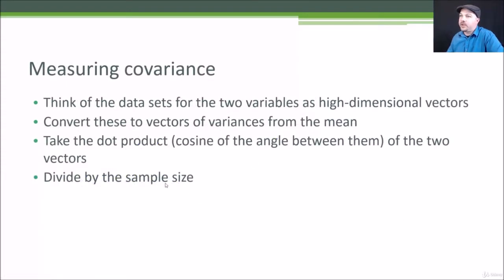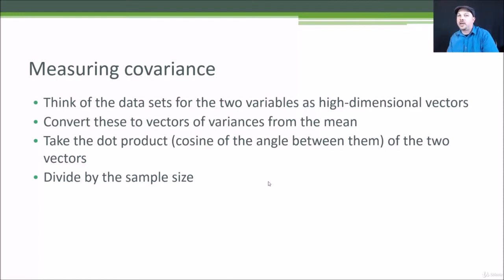So measuring covariance mathematically, it's a little bit hard, but I'll try to explain it. It's really more important that you understand how to use it and what it means, but to actually derive it, if you were to think of these attributes of the data as high-dimensional vectors, what we're going to do on each attribute for each data point is compute the variance from the mean at each point. So now I have these high-dimensional vectors where each data point, each person, if you will, corresponds to a different dimension. And I have one vector in this high-dimensional space that represents all the variances from the mean for, say, age,